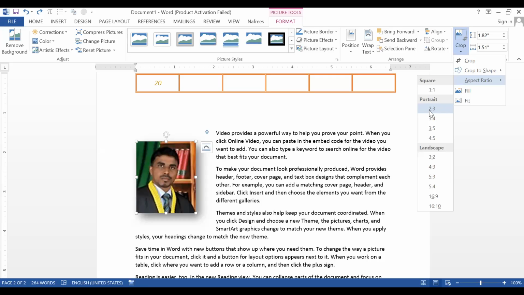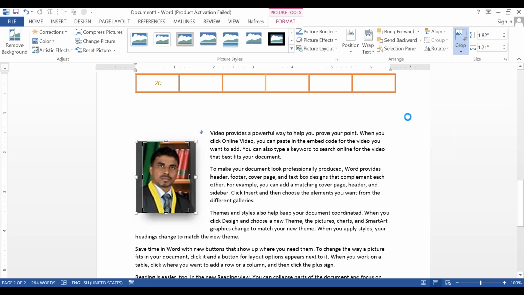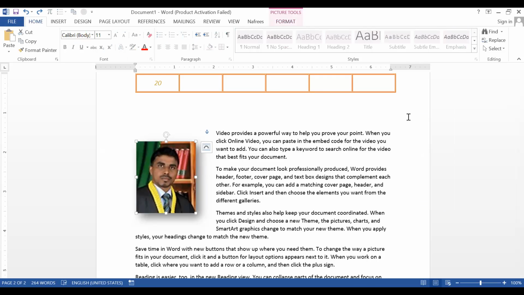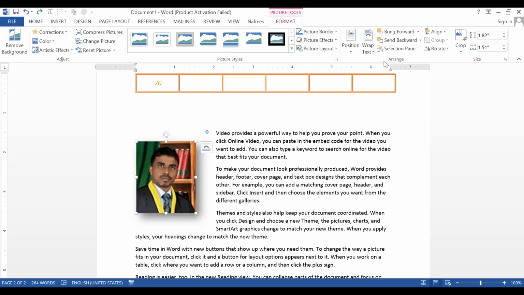Okay, the 3 means if your picture height is 100, then it will reduce to 90. Okay, that's how it's working. So this is some basic mathematics, we don't need to worry about it, but by selecting this one, you can select which crop style you are going to use. Okay, so this is about the cropping and image size.